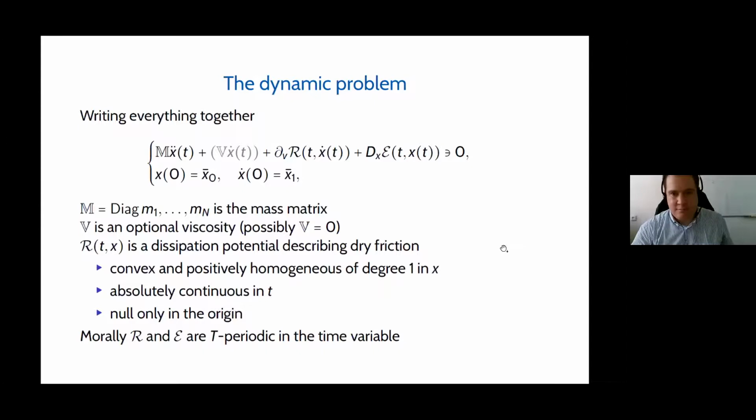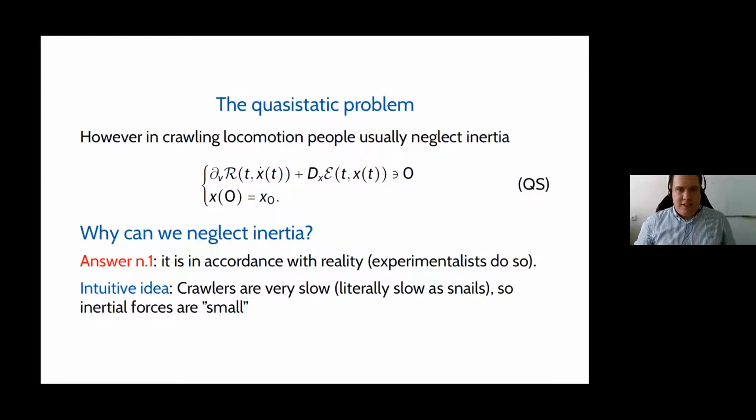Okay, and ideally there is this actuation. As I told you before, it's a matter of time scale. All these crawlers have a periodic actuation, both in the shape and in the dissipation potential. We don't require periodicity, but think of them as periodic, and there is this common period in the energy and in the dissipation that is actually the period of the system. So this is the problem.